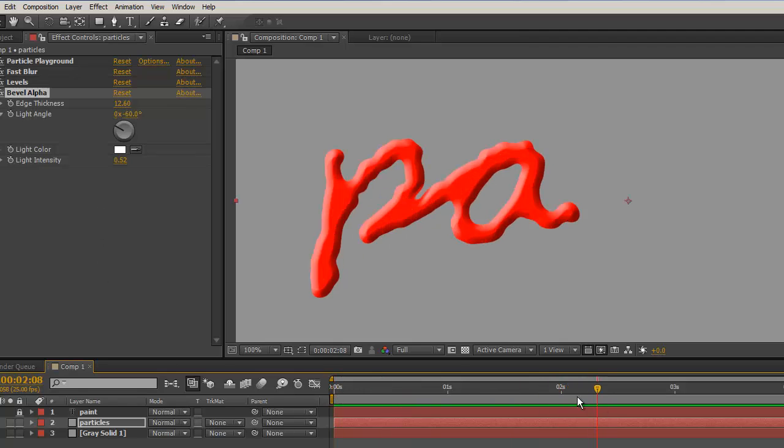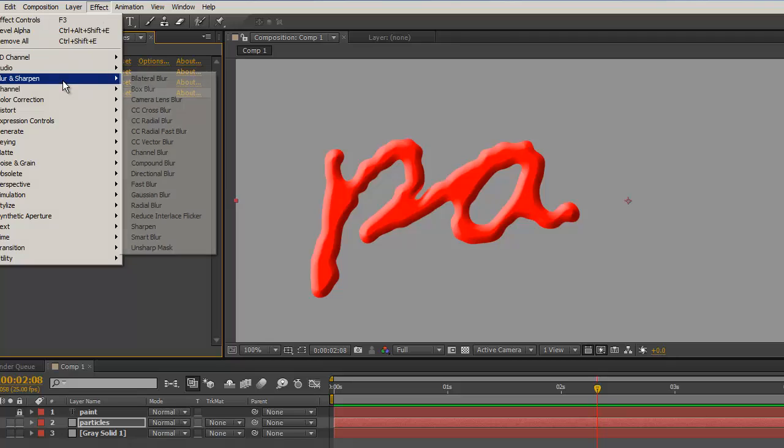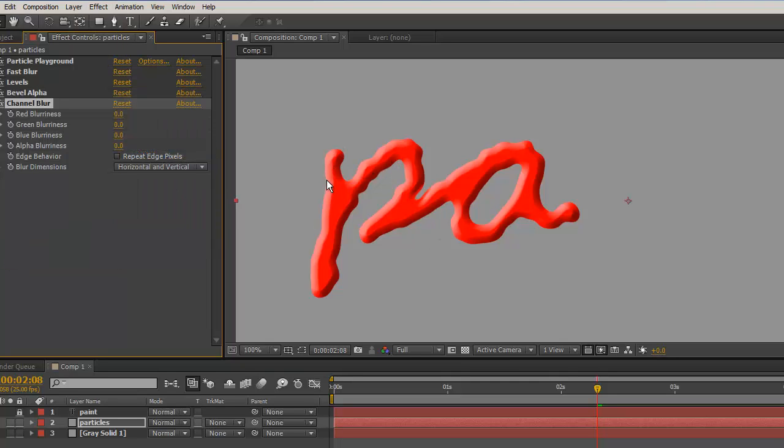So again, I'm going to find a point somewhere in the middle. So if I want this to look like soft blobby paint, I can add in some more blur and some more effects. It gets a bit one on top of another, but you can see it's working quite fast. So it's not that intensive to do this. So effect, blur and sharpen. This time I'm going to choose a channel blur because I don't actually want to blur my alpha. I want to keep the sharp edge, but I can